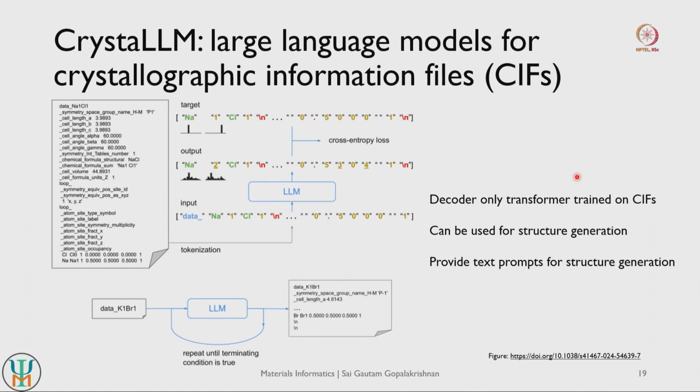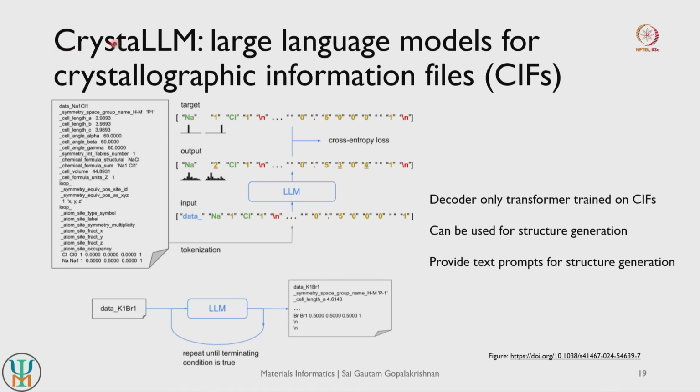Okay, so any large language model basically combines the transformer architecture with multi-head attention, and several stacks of encoder and decoder being put together. That's how large language models are typically used for regular language tasks. If you look at ChatGPT, it does a lot of things. It can generate new information for you, it can help you in debugging, it can help you polish your language, and also do some amount of translation and so on. So large language models can be quite powerful, and in the materials context, Crystal LLM is a very useful application of these large language model architectures.